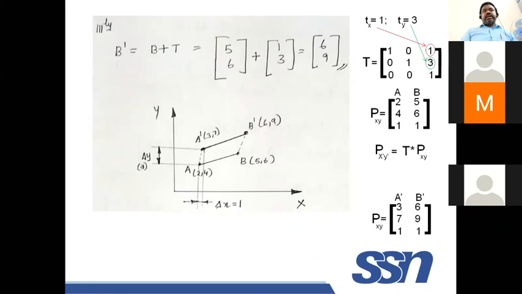Sir, the order of multiplication, is it right to left or left to right? Okay, good question actually. When you are finding this, supposing in this case there is only one translation alone. Suppose the point is translated to the origin, I am doing some scaling and again moving it to its original position. In this case, 3 matrices will be there. First one, translation. Second one, scaling. The third one, inverse translation. Let me explain with this.